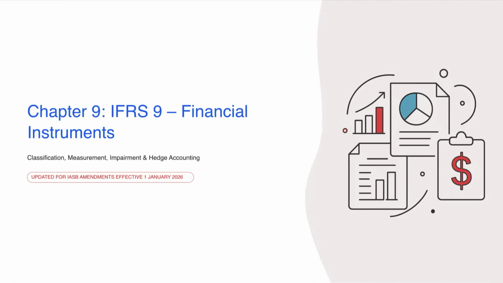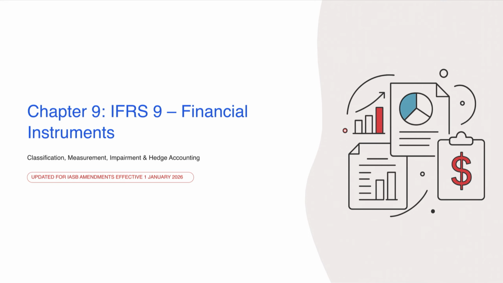What happens when a company lends money, buys an investment, or raises finance through debt? The accounting can be very different, depending on what the financial instrument actually is, how it is managed, and what its contractual cash flows look like. In this chapter, we're going to break down IFRS 9, Financial Instruments,